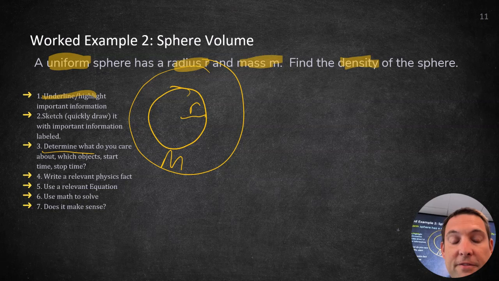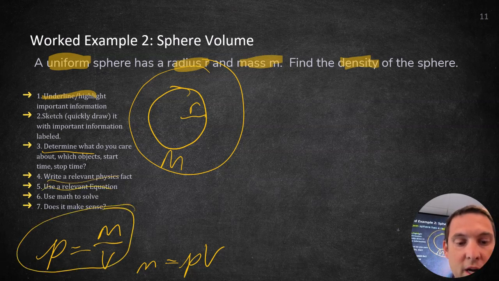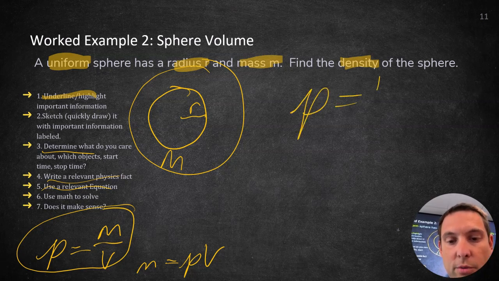Write a relevant physics fact. Our relevant physics fact is density equals mass per unit volume. And mass equals rho times V. A relevant equation resided within our physics fact again. So we have rho equals m over volume, capital V. Use math to solve. All right, so